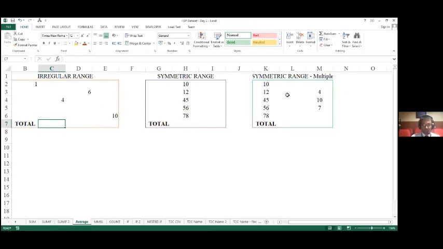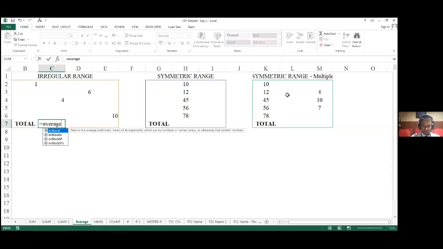The average is computed as equals average. The equals sign is the operator we use for calling formulas, and the syntax is average, open bracket. Now you have to define your values one by one.